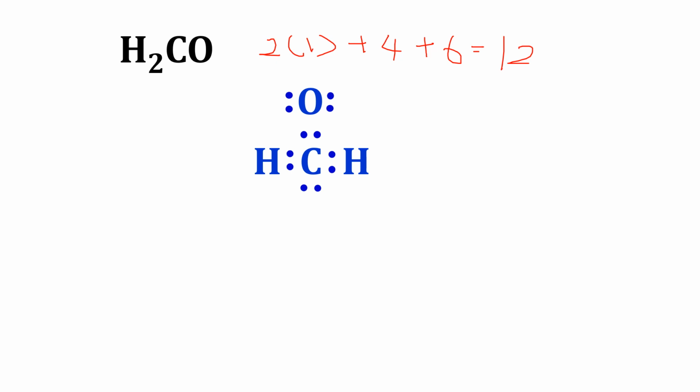Although the carbon in this case has the correct number of electrons, our oxygen does not fulfill it. So what we will do is switch these 2 electrons and move them over here to create a double bond, with our final structure looking like